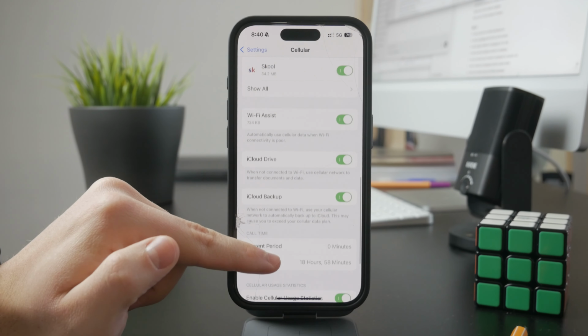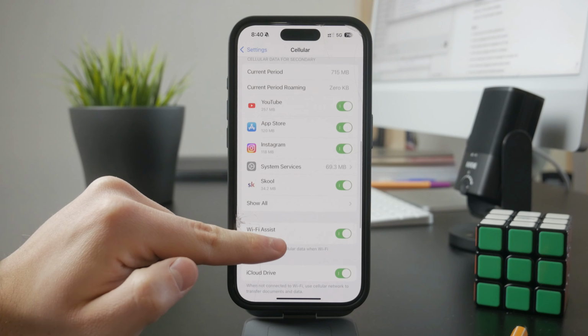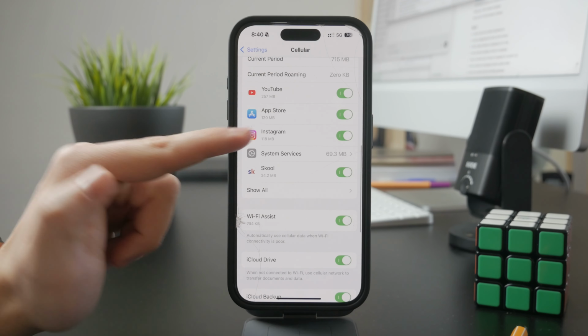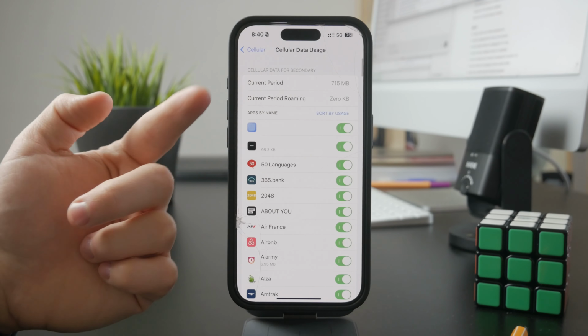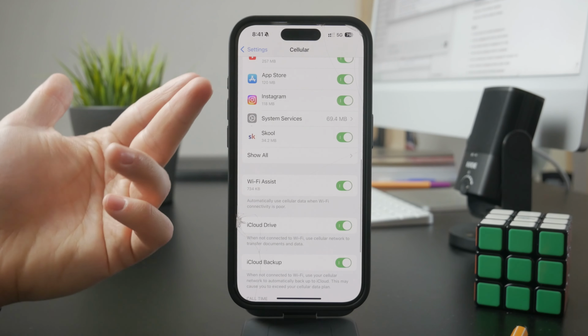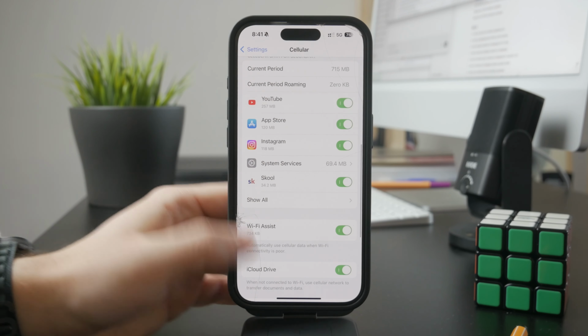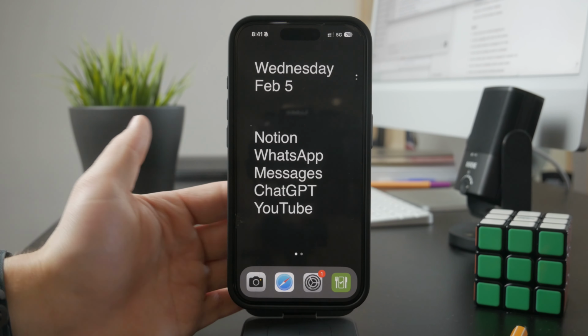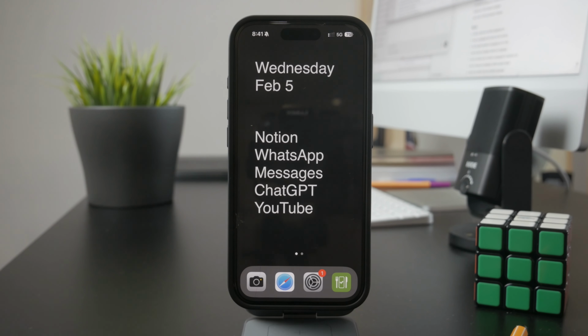So you can track it here if you wish, even though it's not going to allow you to set limits. But if you at least want to keep track of the data being used by the personal hotspot and other things, you can manage it all inside of the cellular section in the settings. However, if you want to take it a bit further, take one step forward,